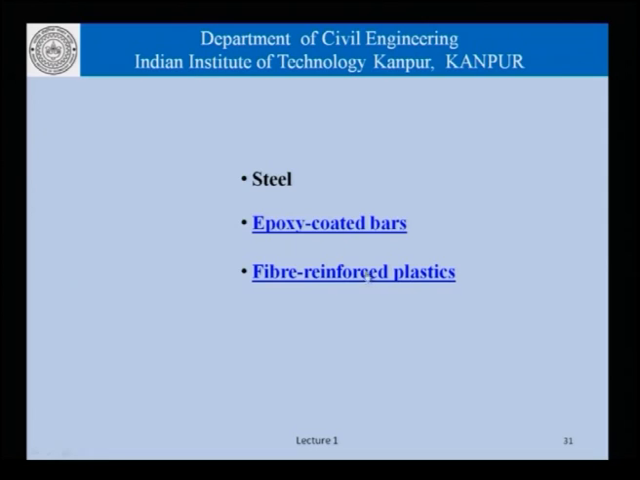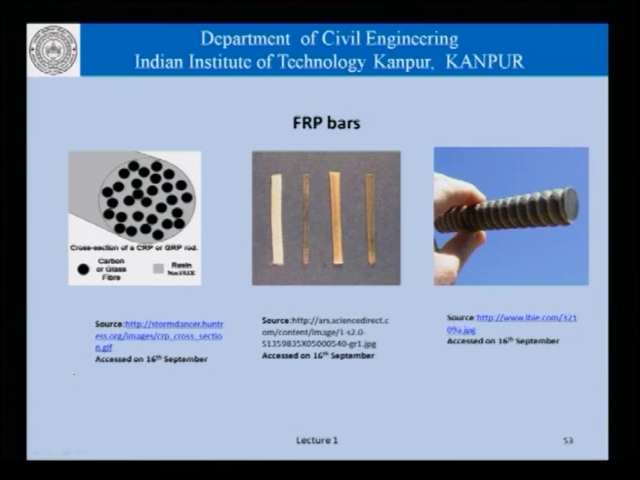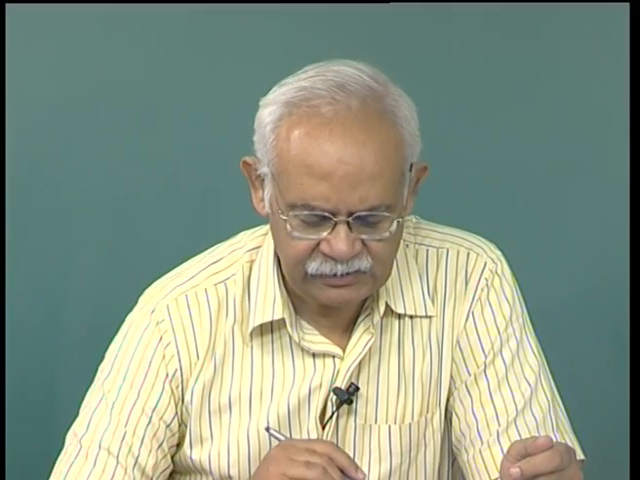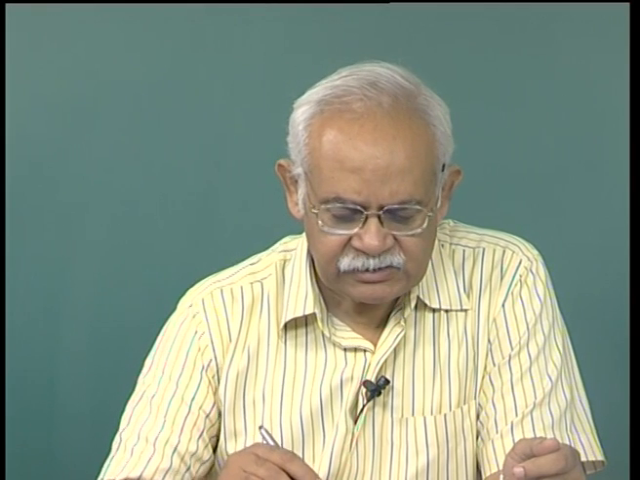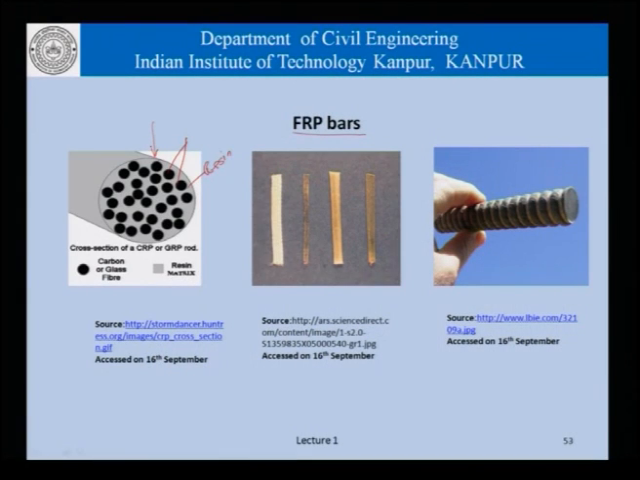Now coming to fiber reinforced plastics. Fiber reinforced plastics, or FRP bars, basically consist of fibers embedded in a resin matrix. These fibers could be made of carbon or aramid or glass, and there are different materials that can be used for the resin. And once this structure is set, then it can be